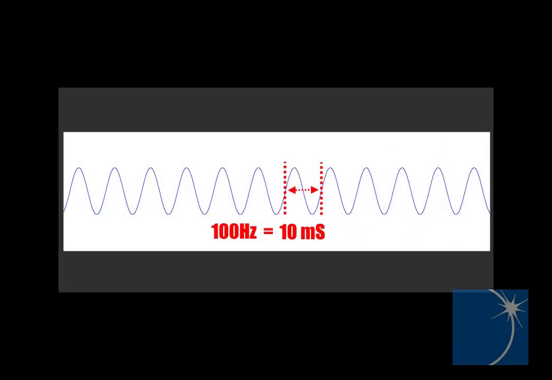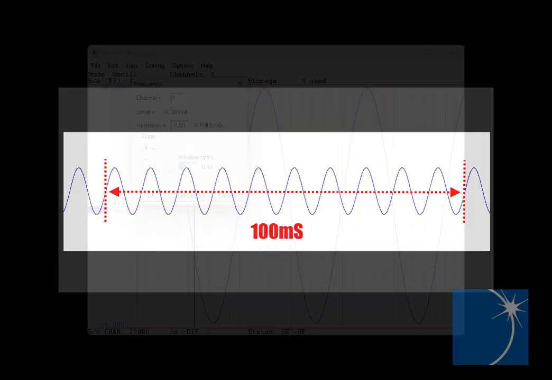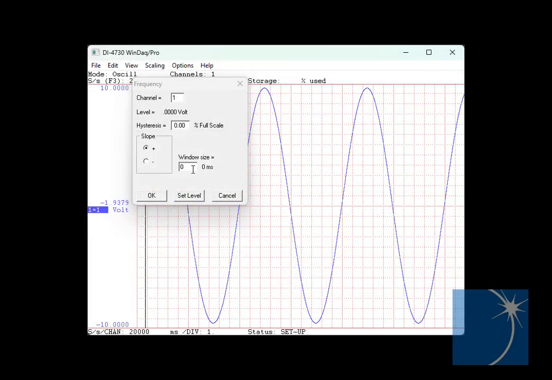Window size is really just a sample size, and when acquiring frequency, you want that sample size to be about 10 complete cycles of the waveform. Since we're acquiring a 100 Hz waveform, one cycle is 10 milliseconds. So we want to set a window size around 100 milliseconds. We'll enter our 100 millisecond window size in the frequency dialog box,